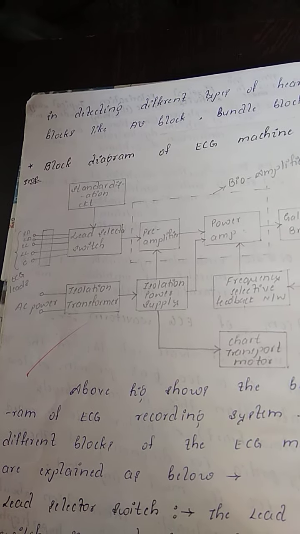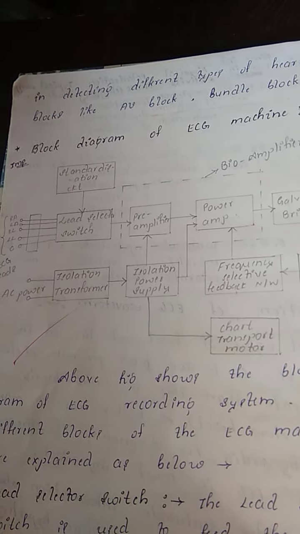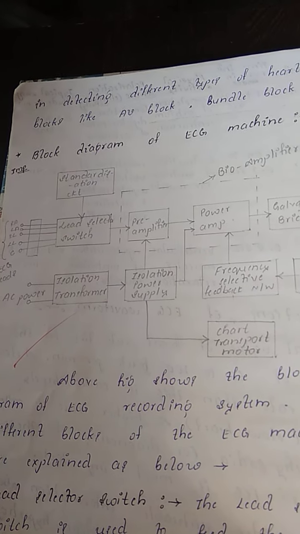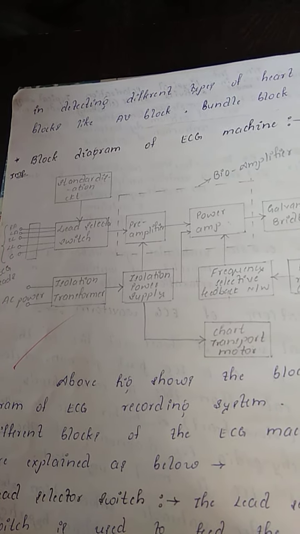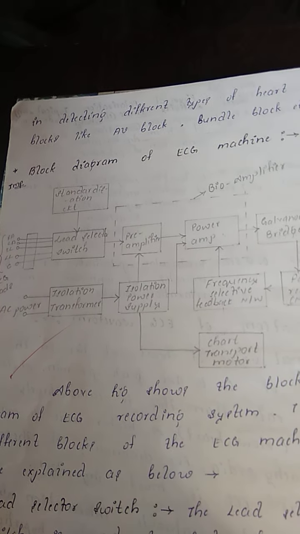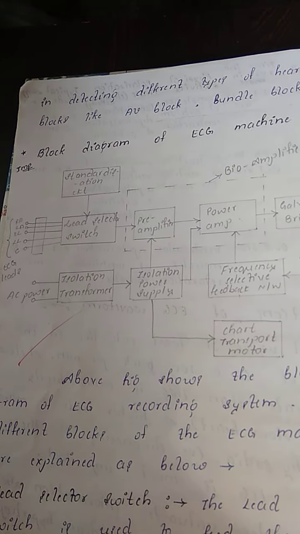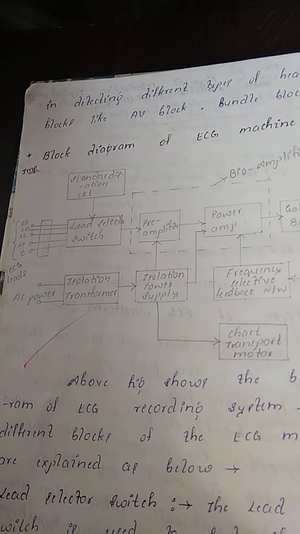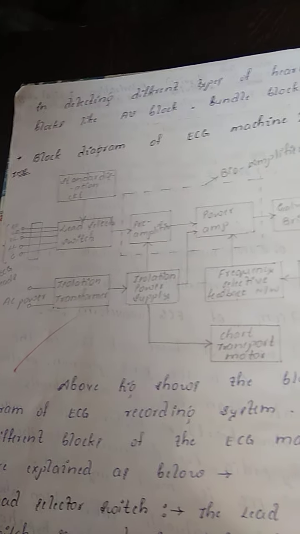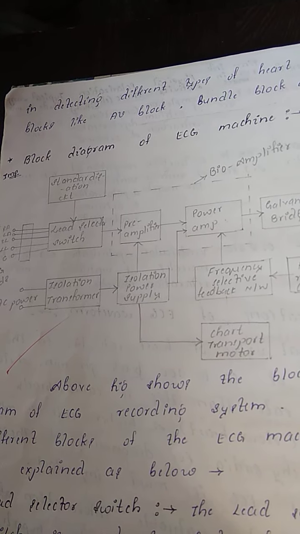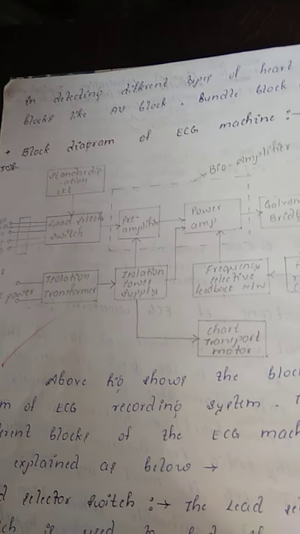From the 4 leads, the ECG is picked up and applied to the preamplifier. So the lead selector switch is the one which feeds the ECG voltage selected from any one of the leads to the preamplifier. But before this, the lead selector switch will be connecting to the C mark, which is known as the calibration mark or standardization mark. And when this is connected to C, the instrument will be connecting to the standardization circuit.